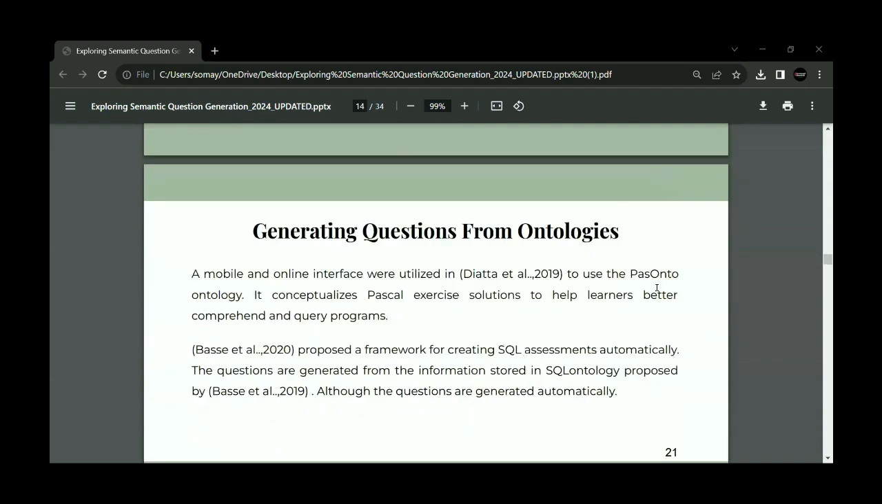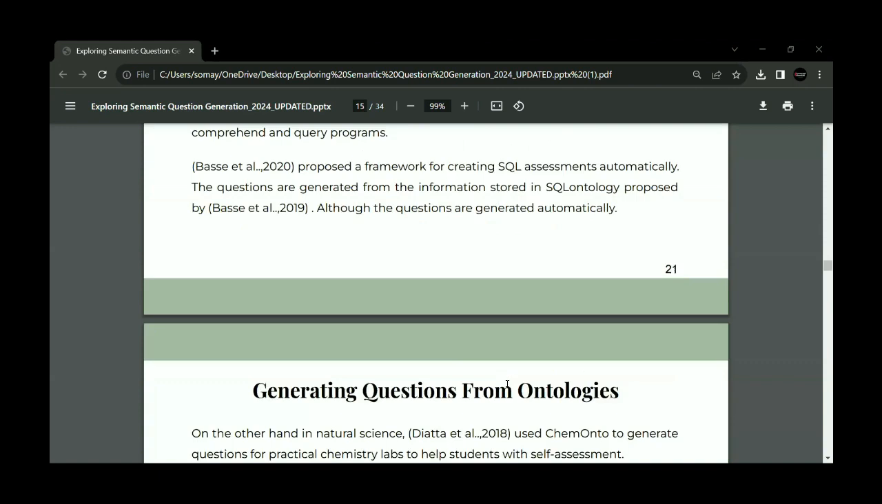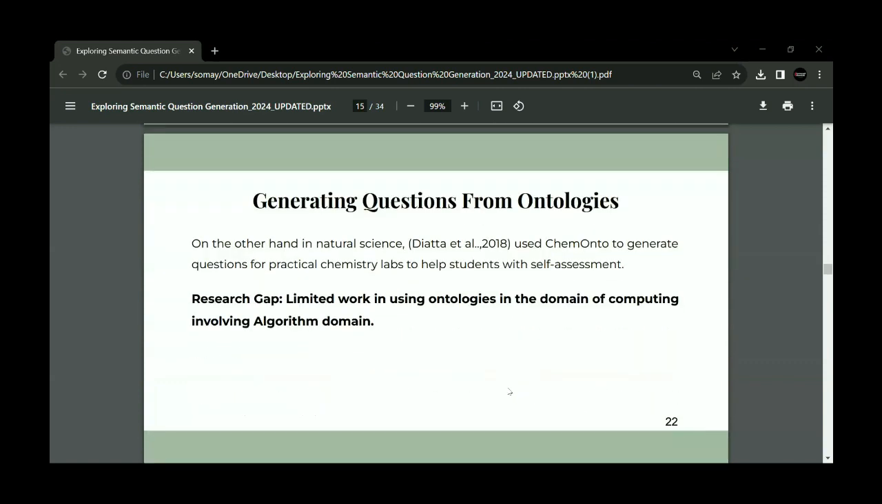Another ontology, the Pascal ontology, conceptualized the Pascal exercise solution to help learners better comprehend and query programs. And they proposed a framework for creating SQL assessment automatically. These questions are generated from the information stored in the SQL ontology. On the other hand, in natural science, they used a chemo-ontology to generate questions for practical chemistry labs to help students